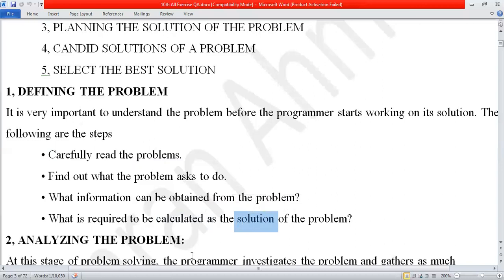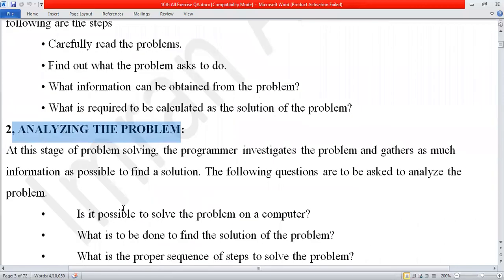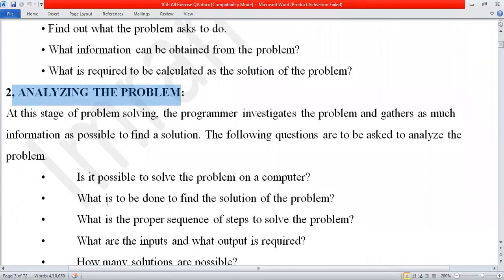Next step, okay, defining the problem is defined now by yourself. Second step is analyzing the problem. Now your analysis will start. In the first step, they give you the files. Next step, analyzing the problem. At this stage